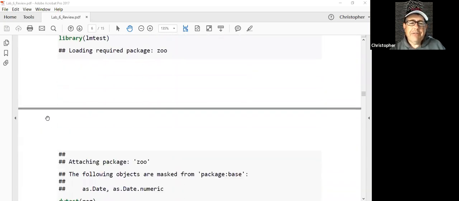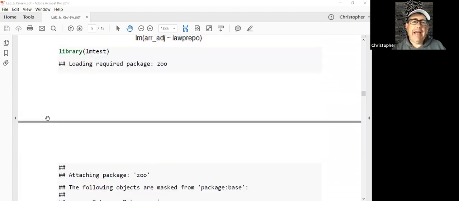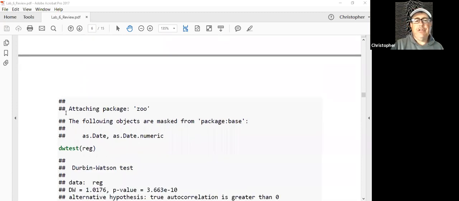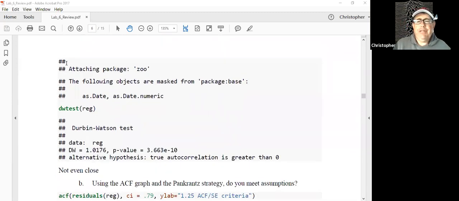So next I used the package lmtest. lmtest has a function for doing the Durbin-Watson test called dwtest. There's probably other packages that have this function as well. That's just the first one that I learned to use. With the Durbin-Watson test, it gives you a value and it gives you a significance. The DW value itself is not really important. It's on a really weird scale, so I wouldn't worry about that. I would just look right to the p-value.